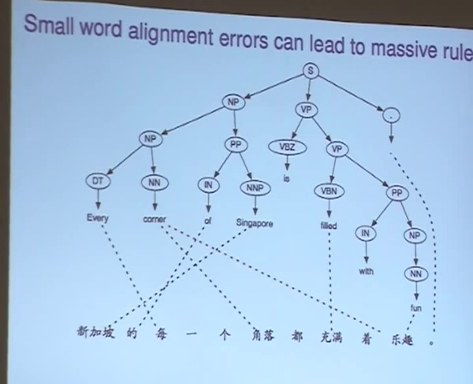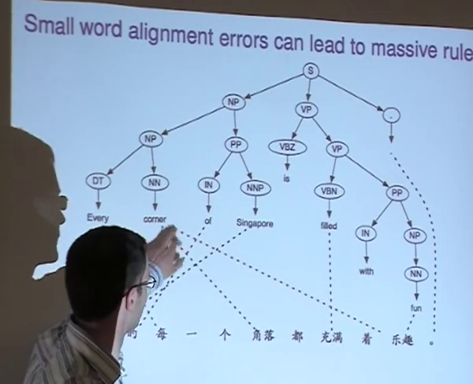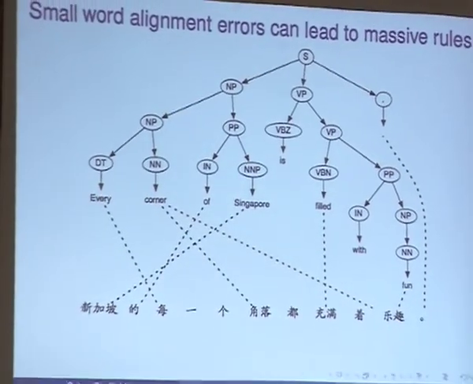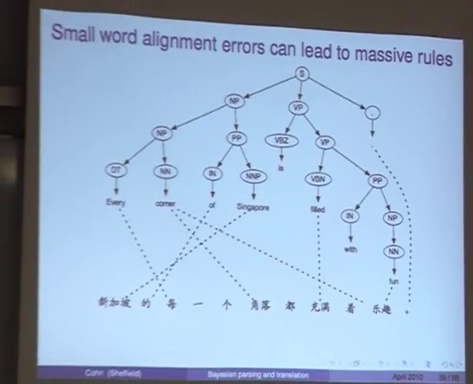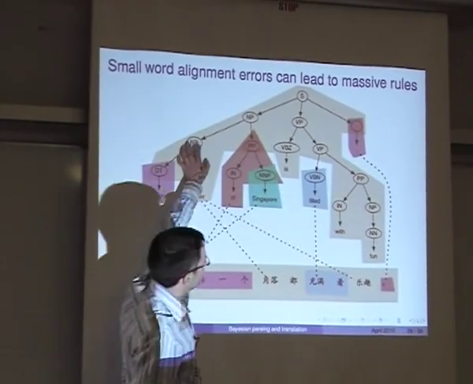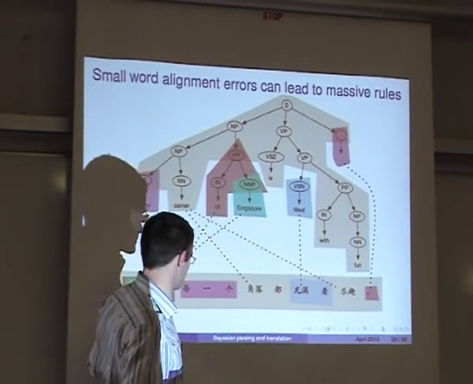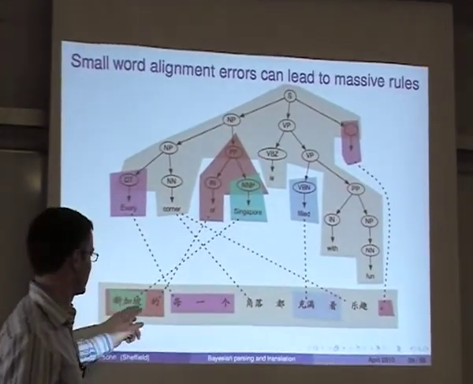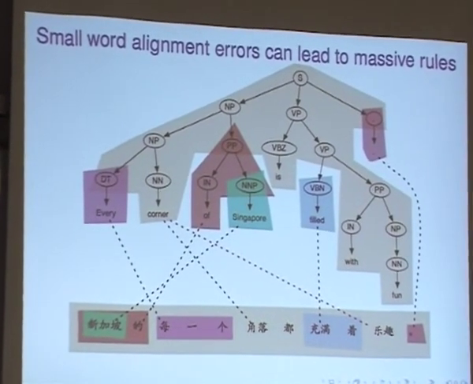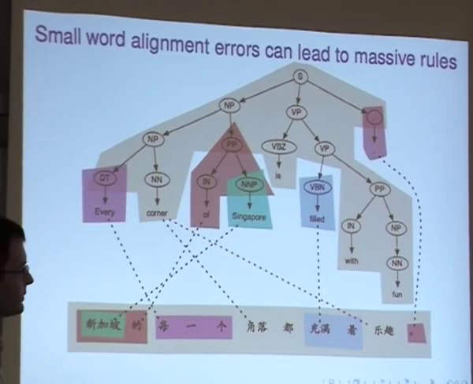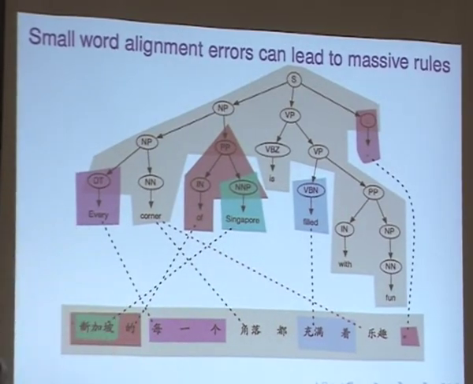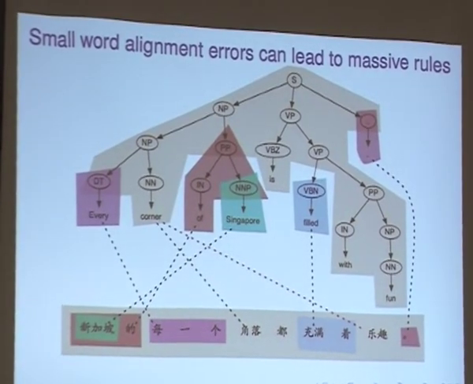Okay, so one of the problems with this kind of technique is that, imagine you have a bad alignment. So this word corner is aligned to this word, which is Chinese for fun, I think. And that's going to completely destroy this heuristic. It's going to get this massive rule in brown, which spans the entire sentence. It has 1, 2, 3, 4 different variables in it, and you're probably never going to be able to use it on real data. So it's basically stopped you getting good translations for one unit, and it's meant that you've lost a lot of extra information in the sentence as well.